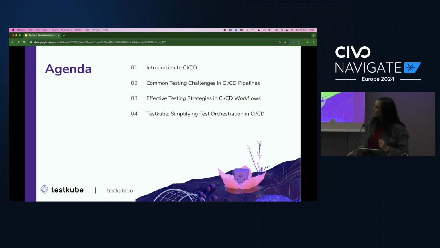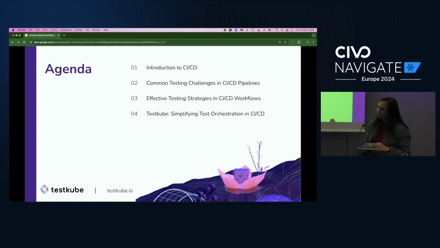So today our goal is to try to identify some of those issues that are so ugly, and then do a bit of an introduction to a tool that might be helpful in finding ways to scale your testing to your cloud-native services. So I'm sure everybody here actually knows what a CI/CD pipeline is, but just to level set,